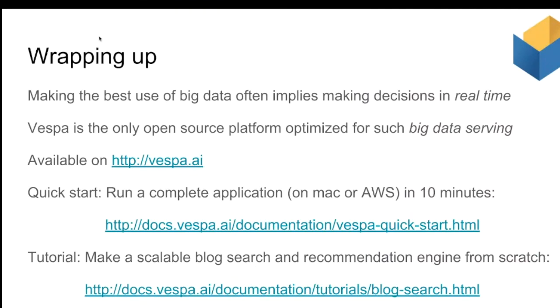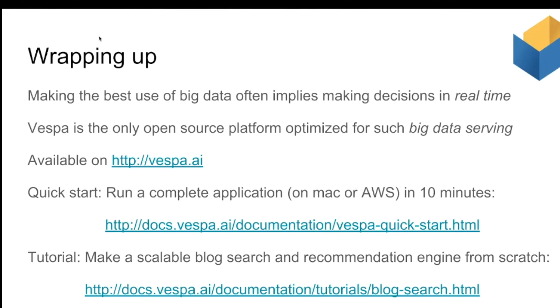So to wrap up, that's what Vespa is. If you want to learn more about it, go to vespa.ai, where you find all the documentation and a pointer to the GitHub repo where we develop Vespa in the open. And feel free to send your commits if you have any.